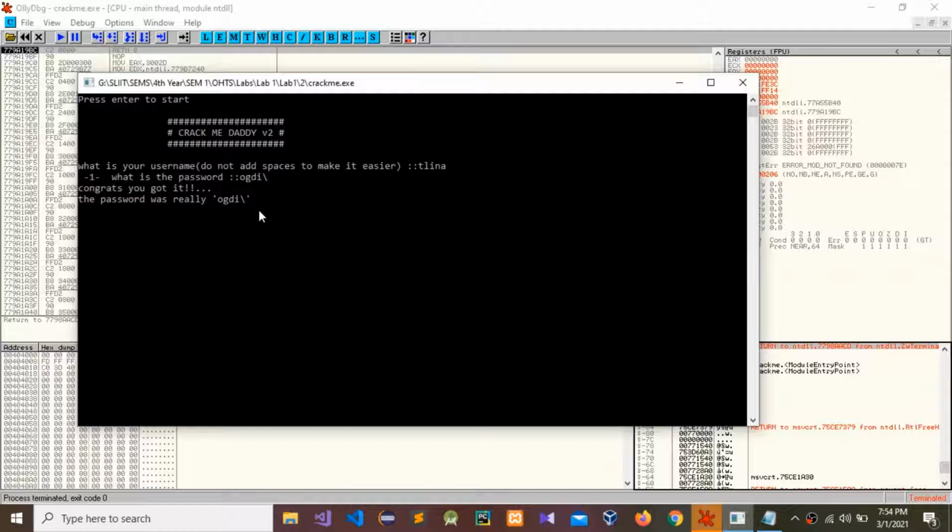So actually guys, if you give another username like test, then this password is changed and it generates another password using some tool. So try using another username and try this application using this OLLYDBG debugging tool. Try another usernames, different usernames.